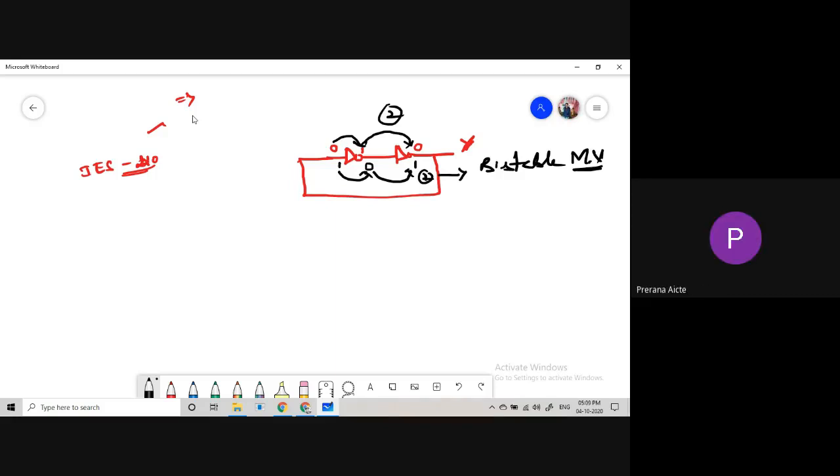So 2 times, it will vibrate 2 times. So that's why we are taking this device as a bistable multivibrator. So if I'm taking